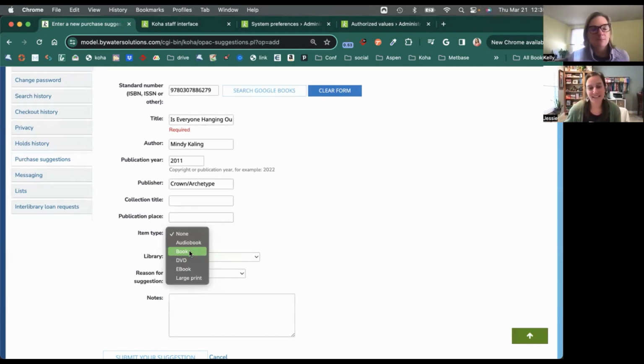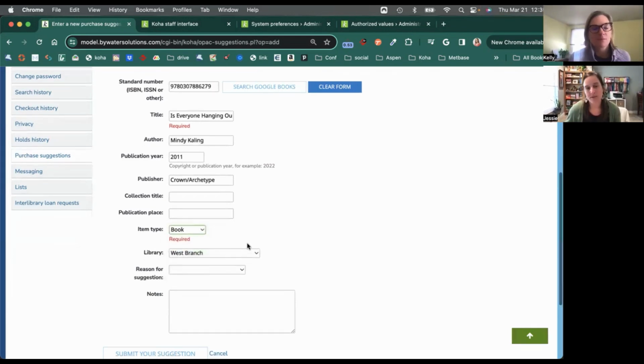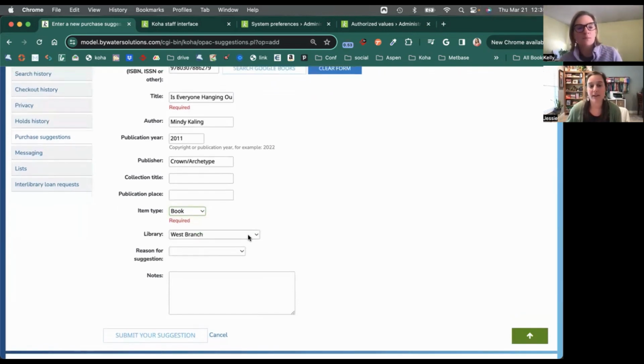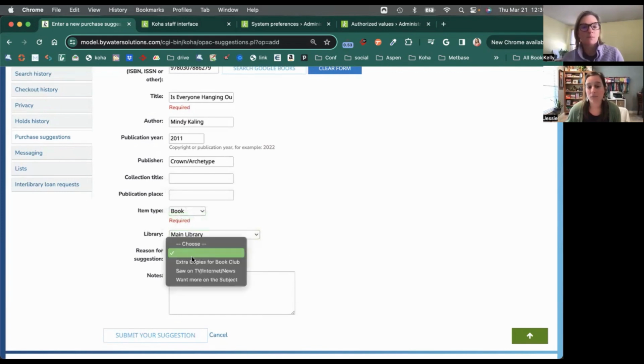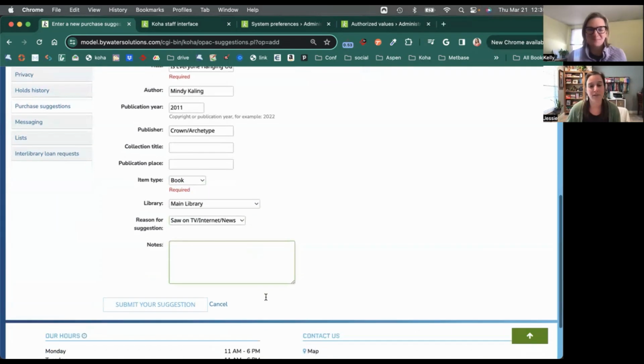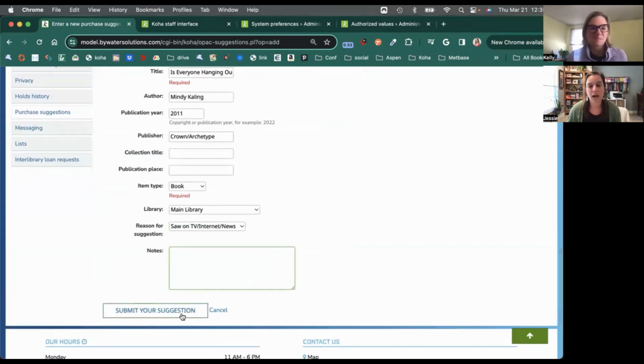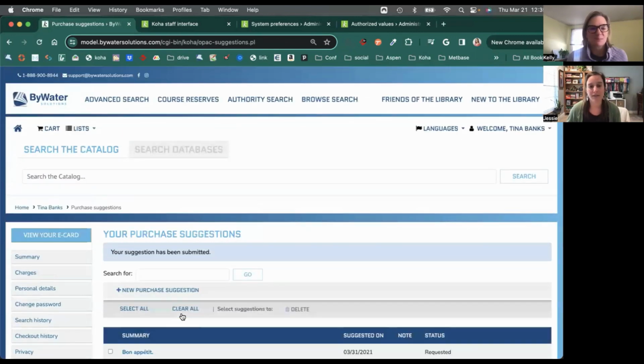Again, we'll talk about this when we get over to our system preferences. You can select what fields are required for the patron to fill out. We're going to select our location and reason for suggestion. This is also customizable, so maybe it's saw it on the TV, or internet news, and then any other type of notes they want to enter. Once they're done, we'll hit that submit request, and then we can jump right over to